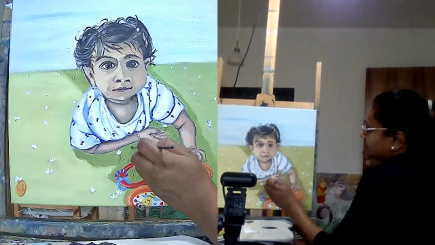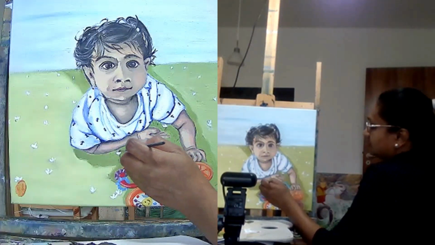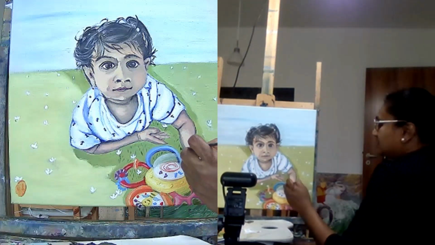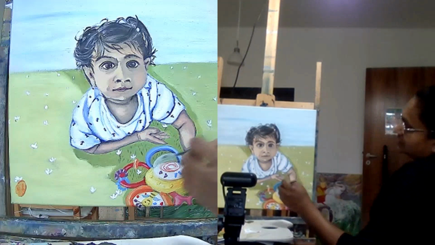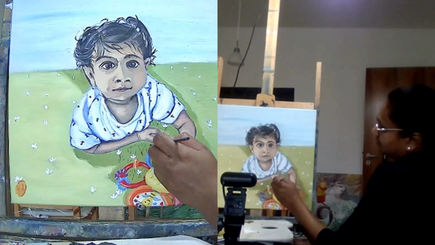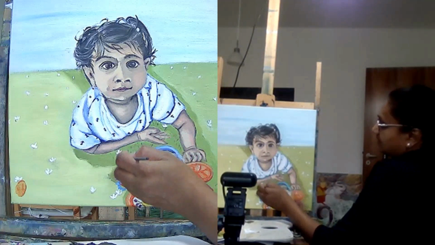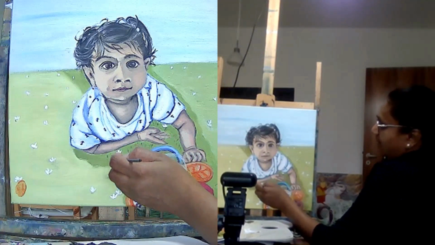I want to put some longer strokes, shorter strokes, whatever, and I'm going random. It's not so much detailing that I'm trying to do. I'm just giving a suggestive impact here that there's something here.